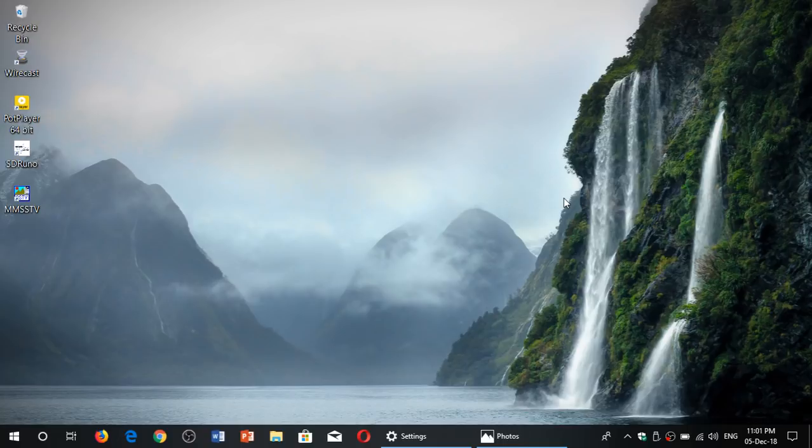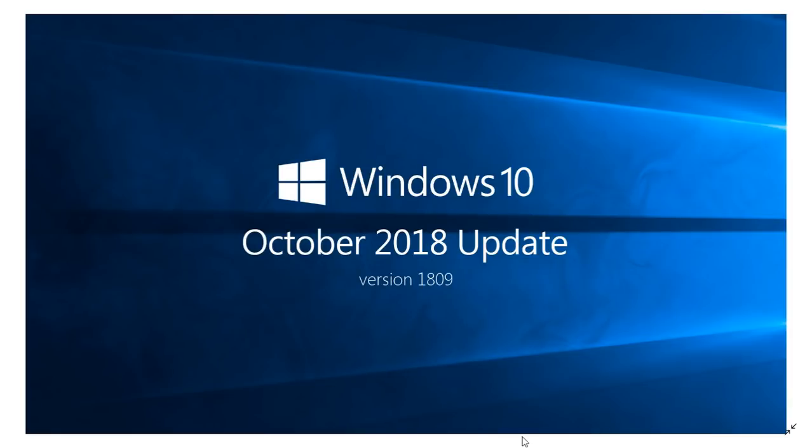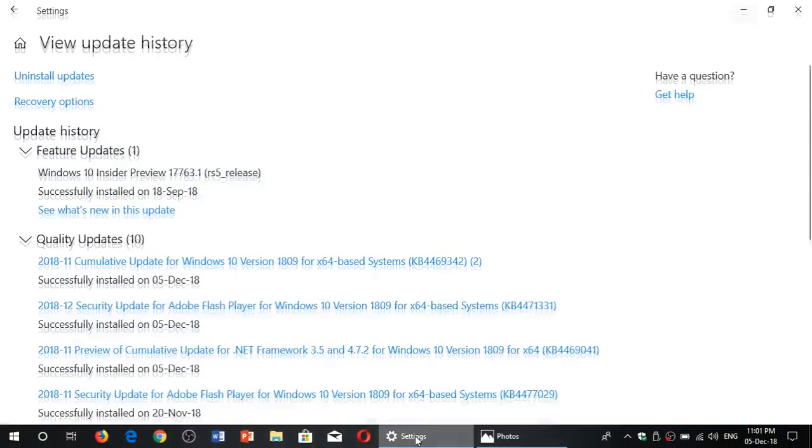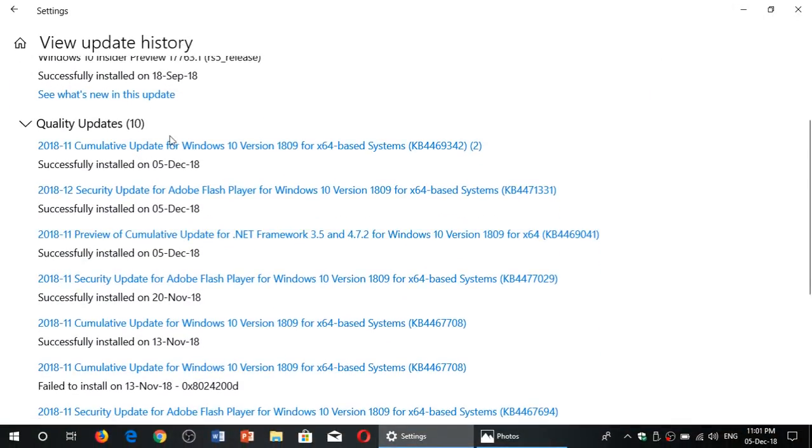And there was an update a couple of hours ago. If you're on Windows 10 version 1809, or the October 2018 update, there was an update pushed today, actually several updates. So this is for 1809 only, apparently. And it contains a lot of bug fixes. What you will see is that there's a cumulative update for Windows 10 version 1809,